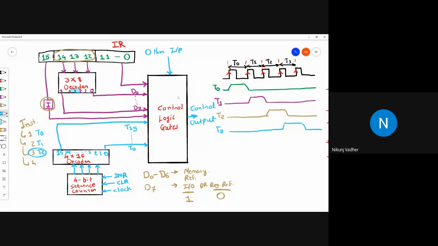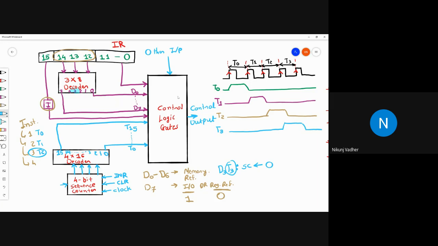So if we have a control function like D3, T3, then at that timing signal we will set the sequence counter to 0. That means the instruction is over. Now how will we generate the timing signal for this? For all instructions, we will use this 4-bit sequence counter for generating the timing signal.